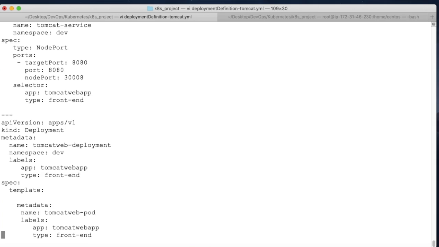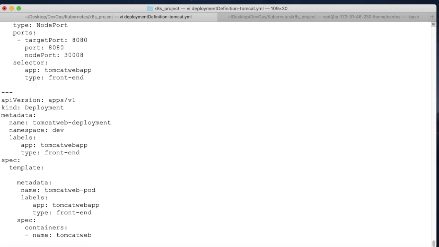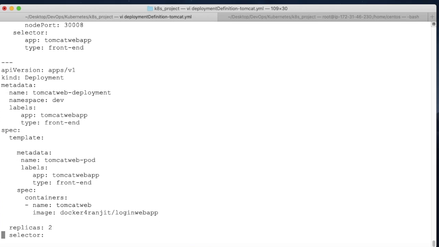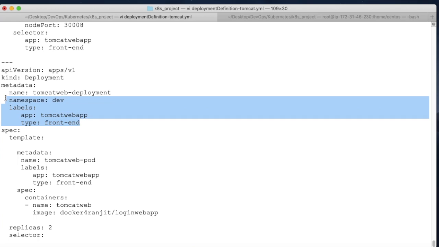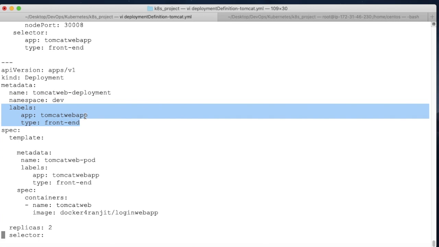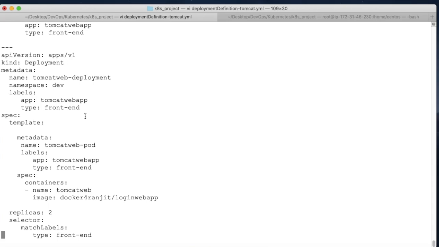If you see the deployment here, actually we give the real object definitions and the specification for the container or the pod. The kind is deployment, and the namespace will always be dev, because we are going to put all these objects in one namespace. Labels and selectors are being used here, along with the templates and metadata, which hold the information about the data. Selector and labels are very useful features in Kubernetes